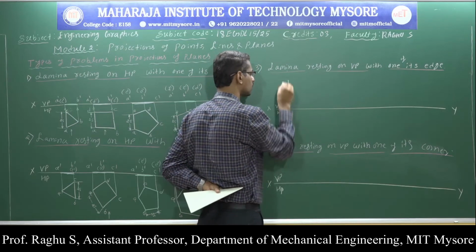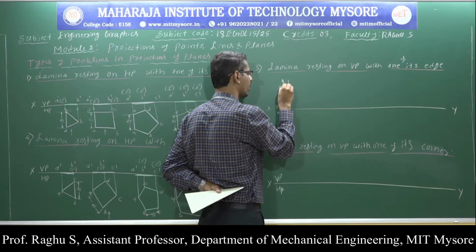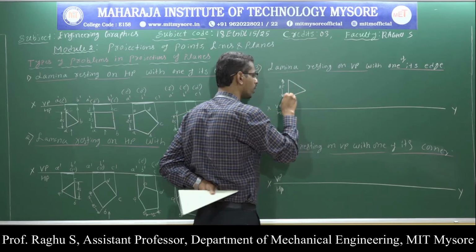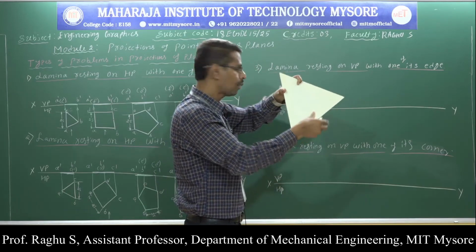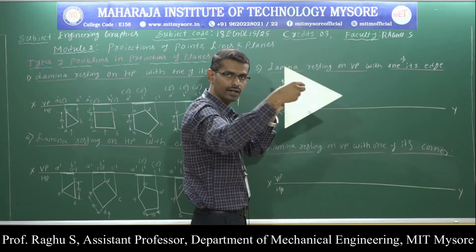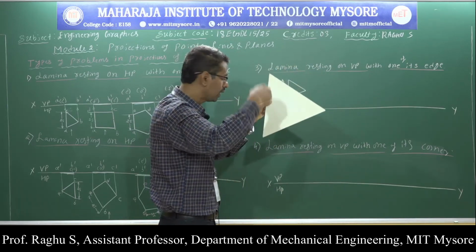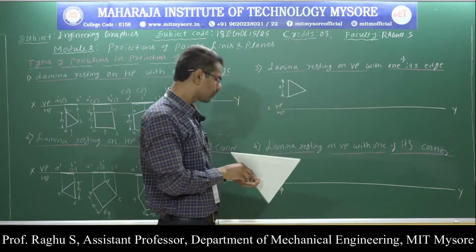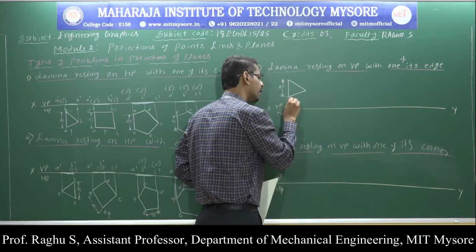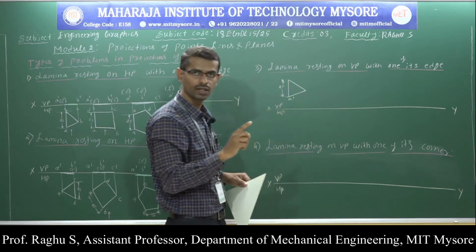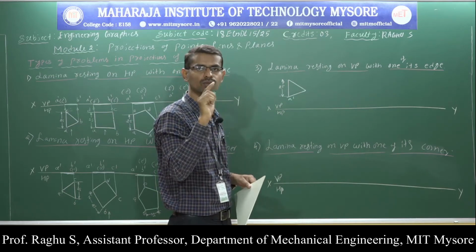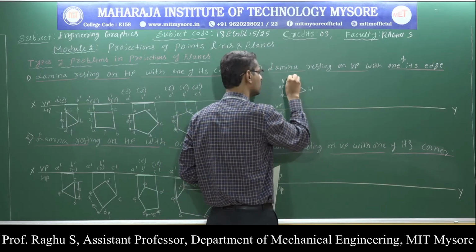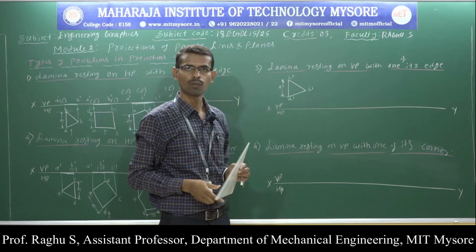Then indicate the dimension. Let it be 25. Then complete the drawing, the true shape. Lamina resting on VP, therefore I can see the triangle shape in the front view. Therefore, draw the triangle shape in the vertical plane. The front view is denoted by A dash, not ABCD. ABCD notations are used for the top view. A dash, B dash, C dash notations are used for the front view. I have completed the front view.